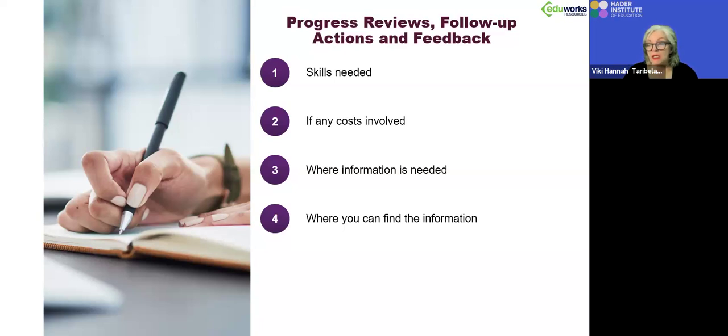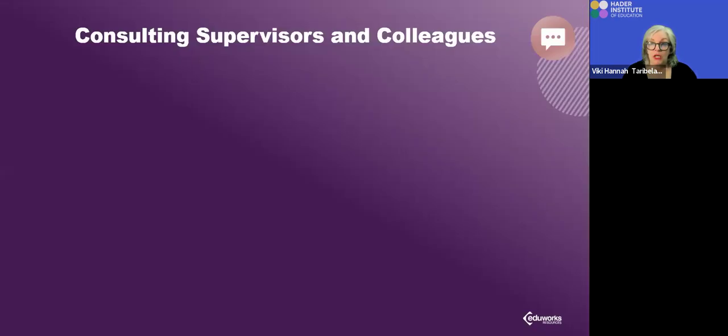Where information is needed, it's got to be sent to places, so you need to make sure you've got your consent there, and where you can find that information to be able to bring that back to the client. So even under something like perhaps freedom of information, there's a fee attached to getting things like that. If you want to know what a coronial report was, then you may be next of kin, but they didn't have you listed there. So you might be advocating for someone to be able to get some documents that aren't necessarily public documents, but you may be able to get authority to have access to that.